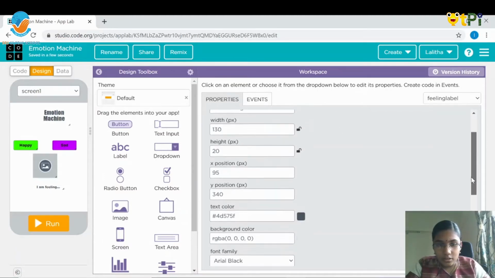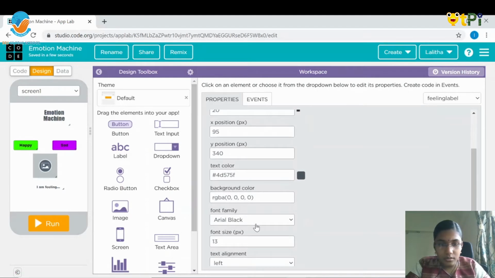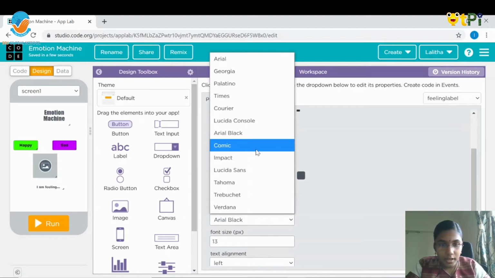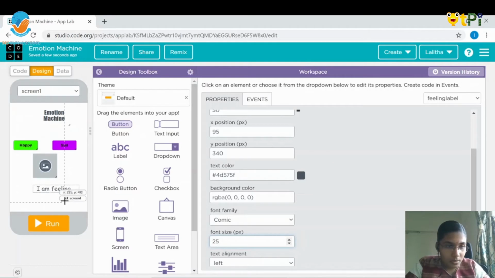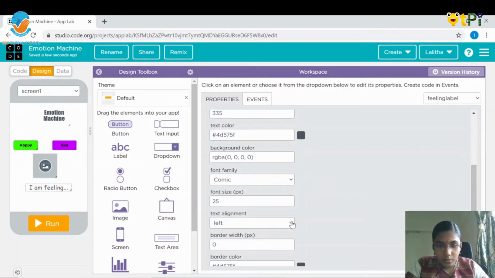I would like to change the font for this, and I'm going to keep it as comic, and the font size a bit big so that it would be visible. I have kept it at 25, and the alignment I'm going to give as center.